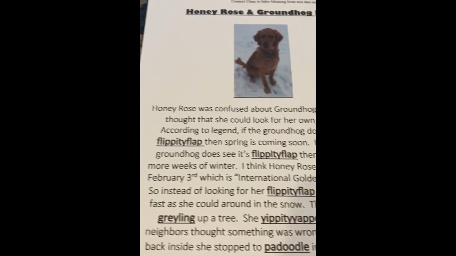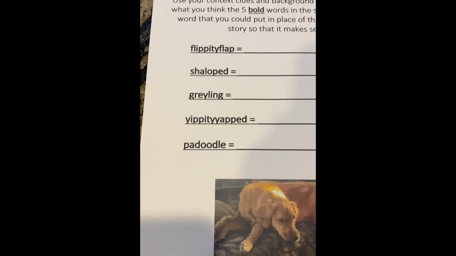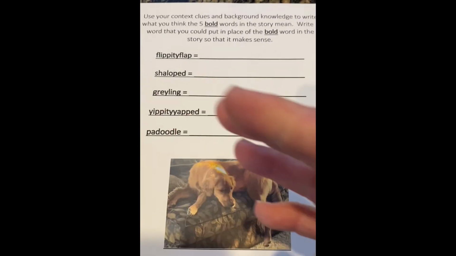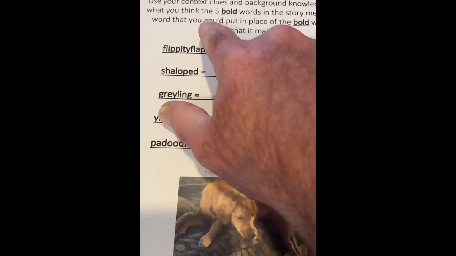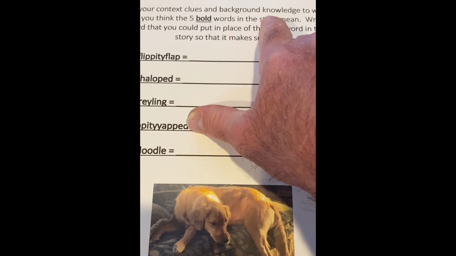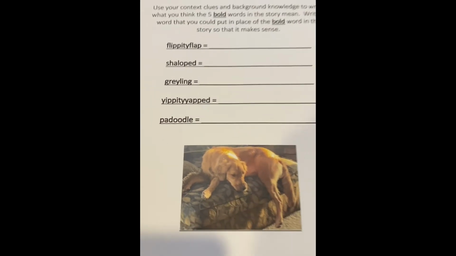We know that we might be wrong, and that's okay. Whenever you make an inference, you might make the wrong inference. But then as you read on some more, all of a sudden, oh, I think I got it. I use some different context clues and I use more of my background knowledge, and now I can infer what that word means.